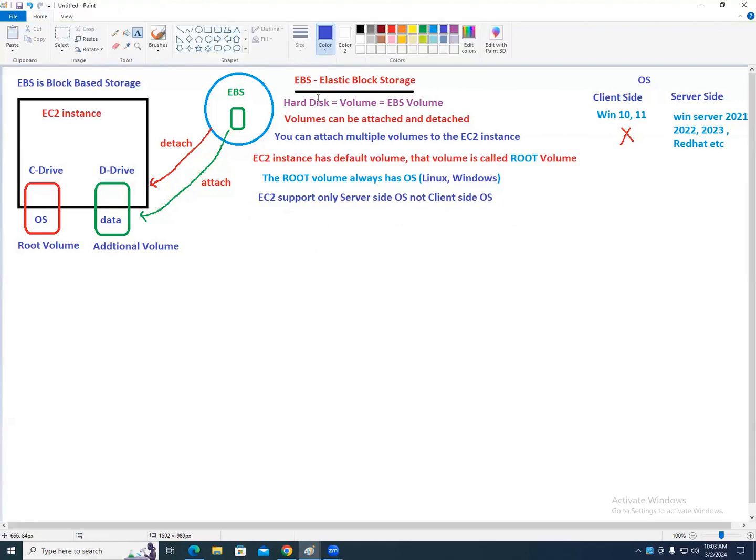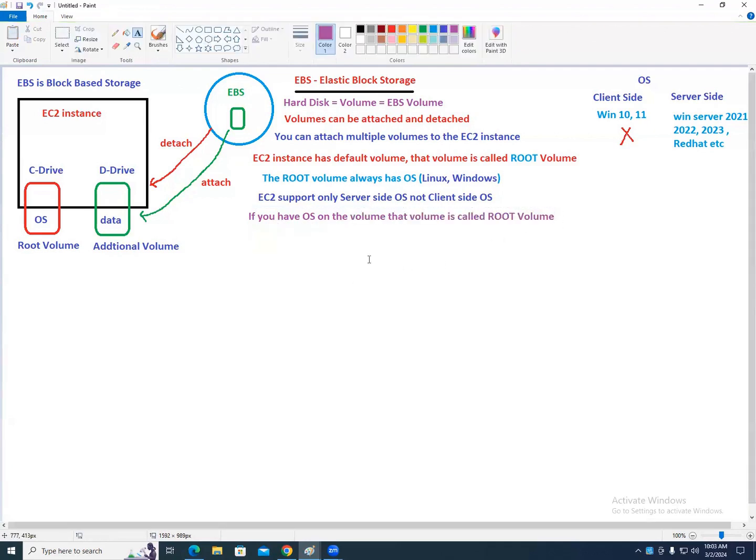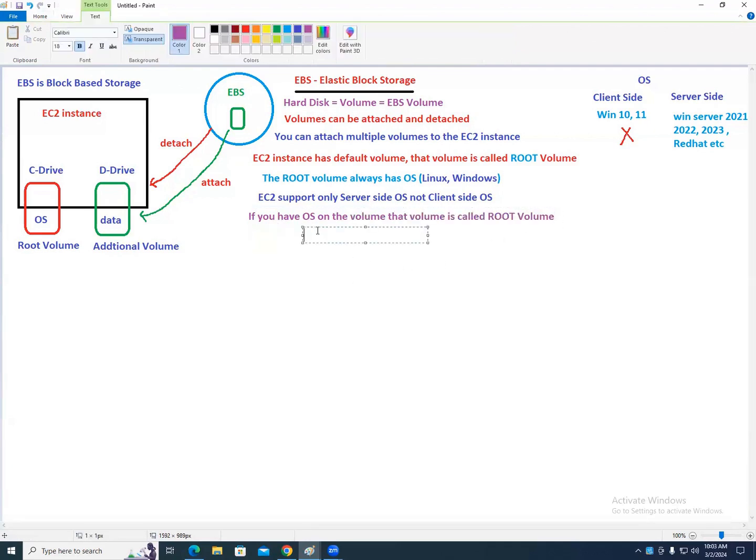If we have an OS on the volume, what is that volume called? Root volume. Simple. Whenever you see an operating system on the volume, that is definitely a root volume. How many root volumes can an EC2 instance have?